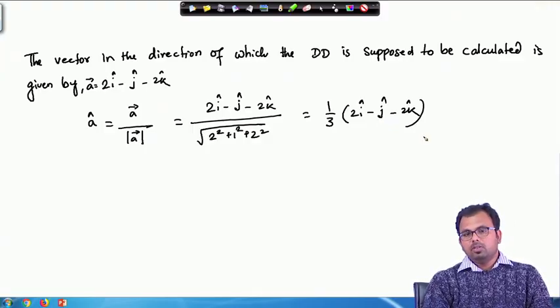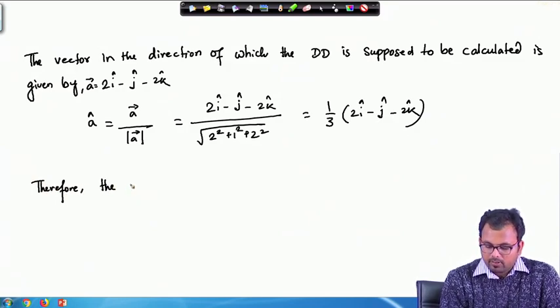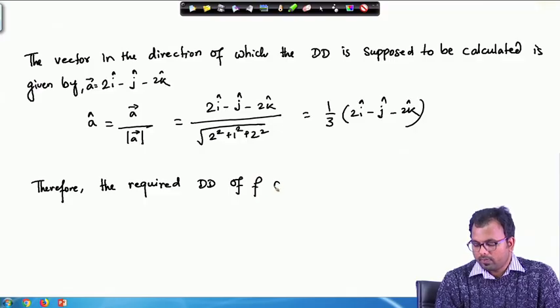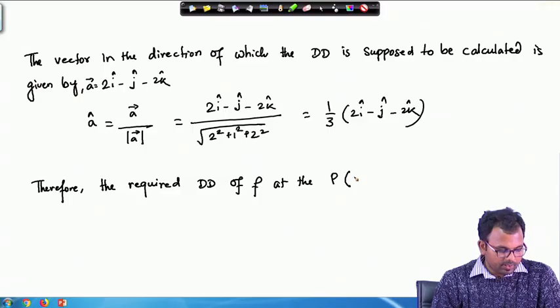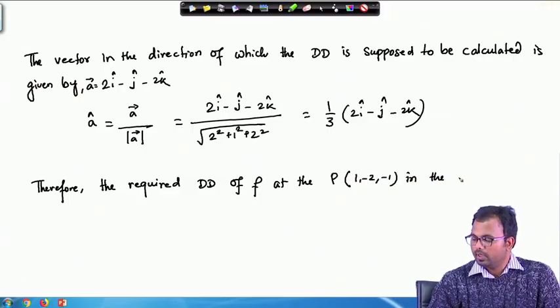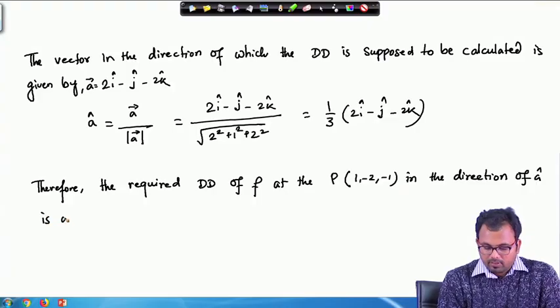So, that means this is a unit vector. Therefore, the required directional derivative of f at p, what is our p? P is (1, -2, -1), in the direction of a cap, is given by